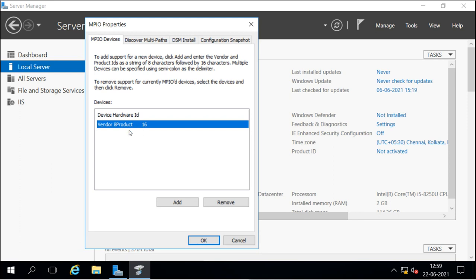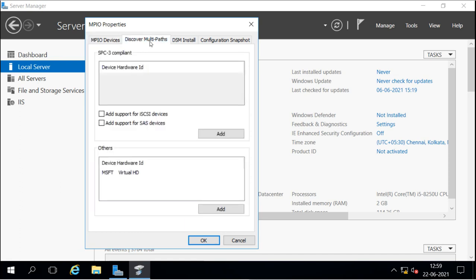For that, we have to go to the Discover Multi-Paths option, and for the device ID we have to add the support for iSCSI devices here. So for that we have to select this to add the support for iSCSI devices.